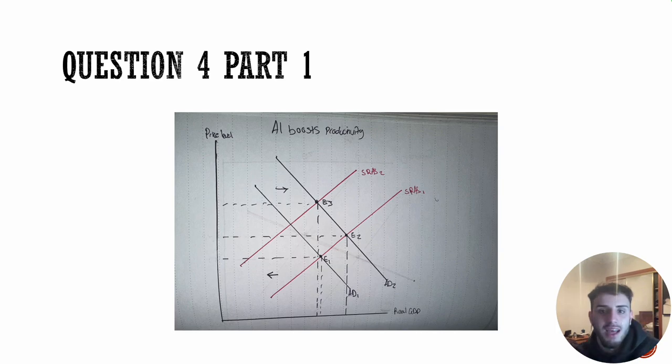As you can see on this graph, the supply curve shifts from S1 to S2 to the right as a result of AI's first effects. This change is a reflection of the rapid rise in productivity and the fall in production costs, which lead to more output at lower costs.